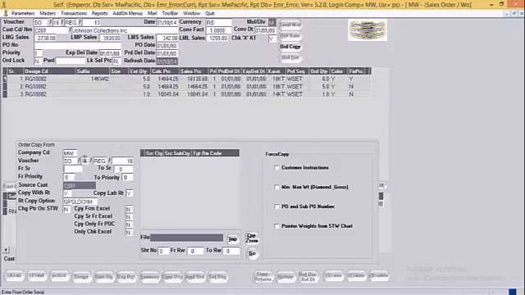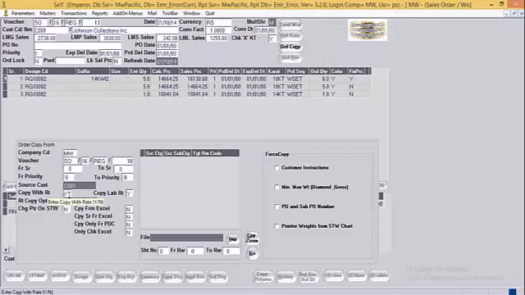We'll take the order number as 10. Then user has the option to select the serial number. Over here it is only one serial number, so we will leave it as blank. If the user wishes to select the serials in between, then he can use the priority option. Then the source customer is the customer code for the source order.